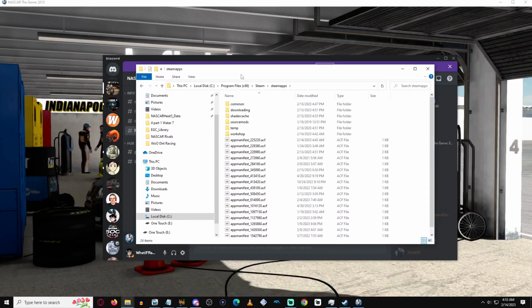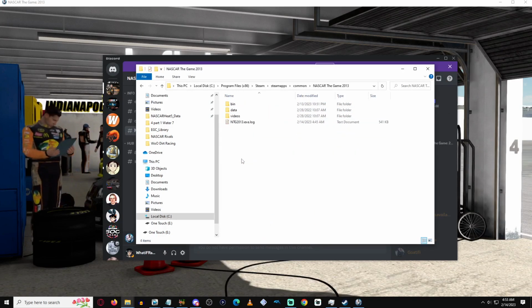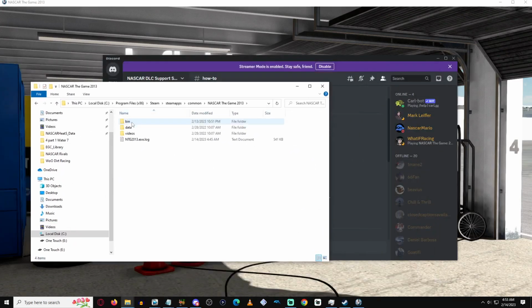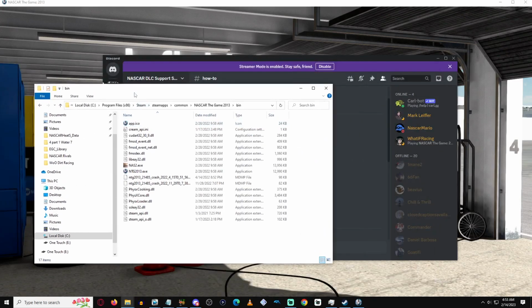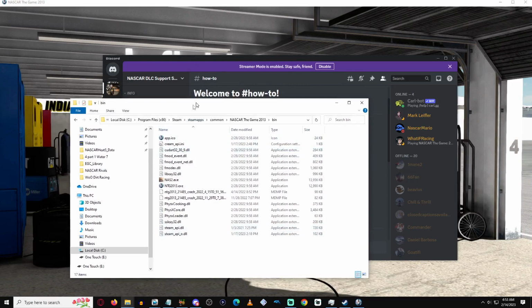Then you go to Common, and then you just go to whatever game file that it's in. For example, 2013 will be right here. So you click that, and then you go to Bin, and then you basically copy and paste your files from the zip onto here. Now,